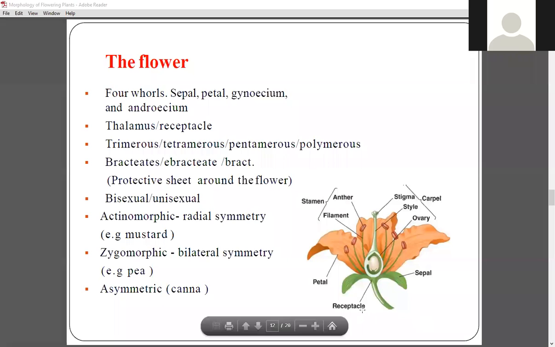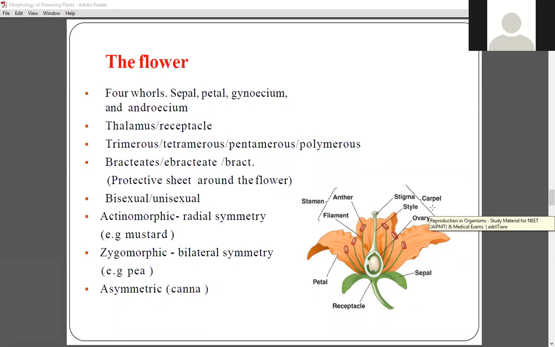The second are the petals, the long and colorful petals you can see, right? Those are said to be petals. The main part in the middle, which is written as stigma, style, ovary, that is the carpel, which is said to be the gynoecium, right? There are so many different words which are used for gynoecium. We will see that in detail later, right? The gynoecium is said to be the female sex organ, and androecium is known as the male sex organ, right? The other part is thalamus, which is also known as receptacle, right?